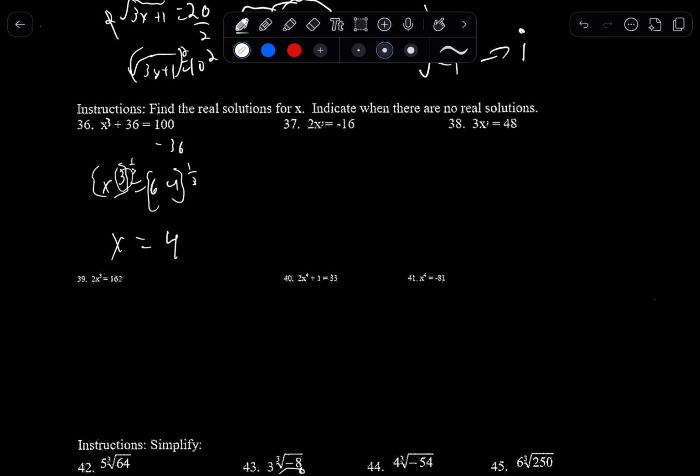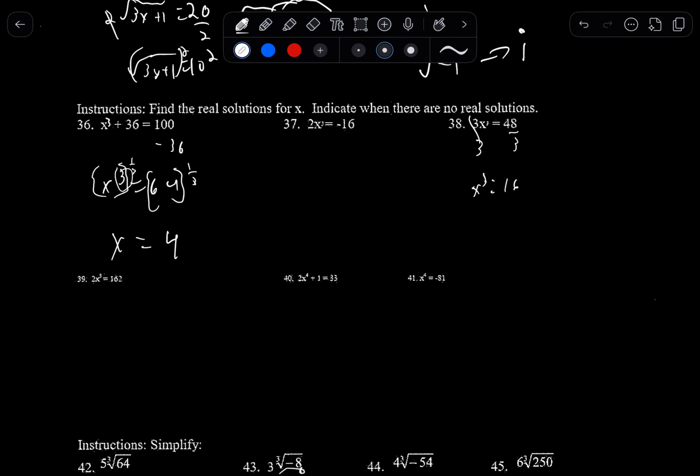Okay, 3x cubed equals 48. We're going to get rid of that 3, so we divide both sides by 3. 48 divided by 3 is 16. x cubed equals 16. Now, again,